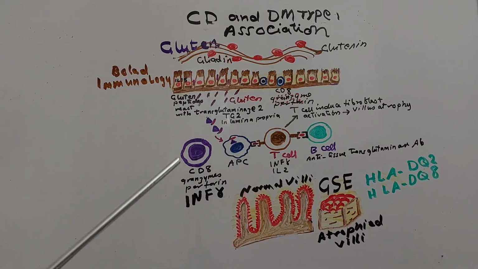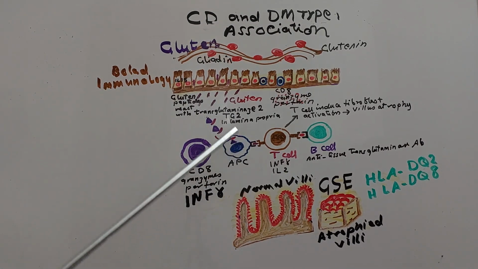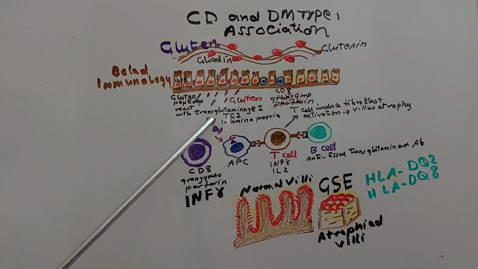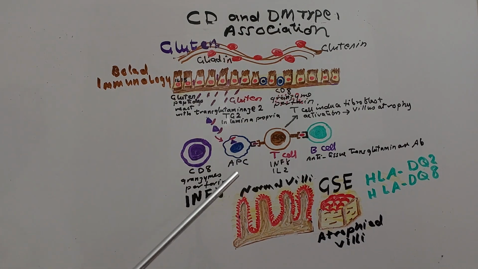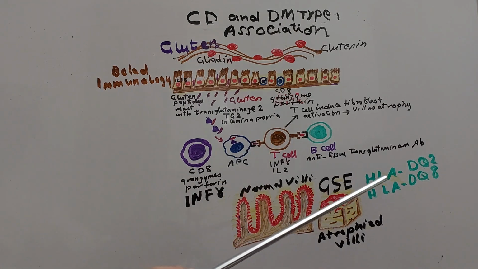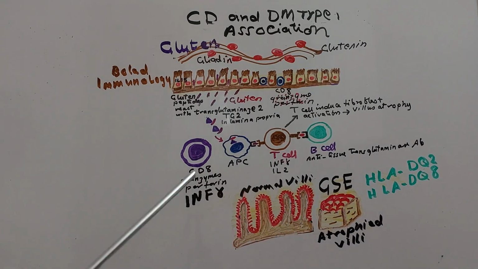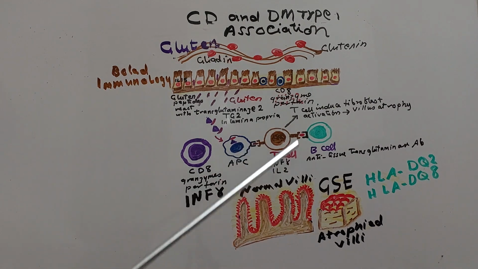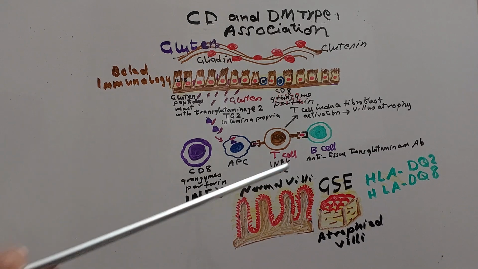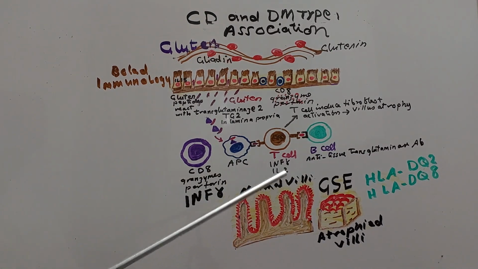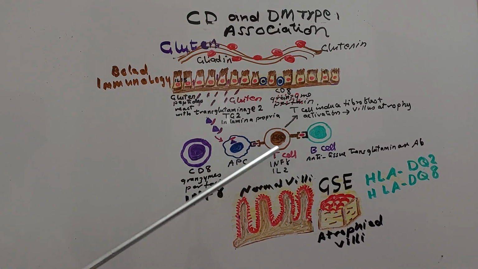This antigen presenting cell presents peptides from both gliadin and tissue transglutaminase to specific T cells, and specific T helper cells get activated and produce interleukin 2 and interferon gamma,